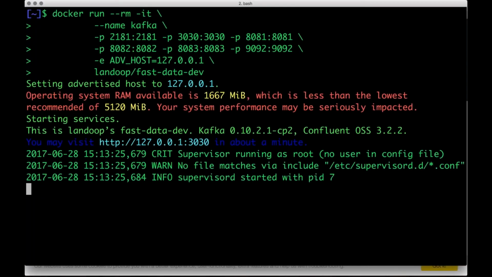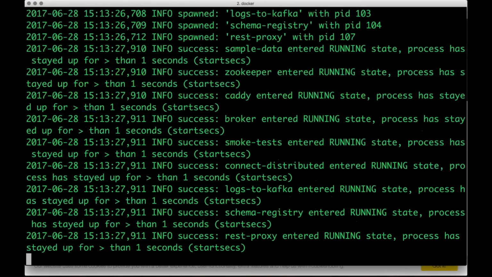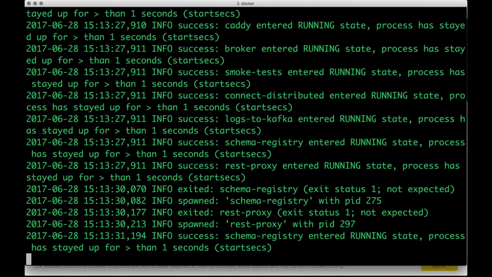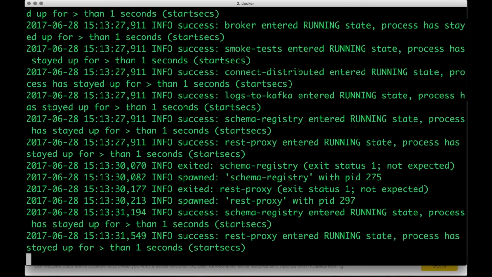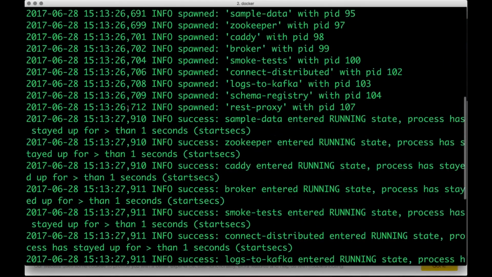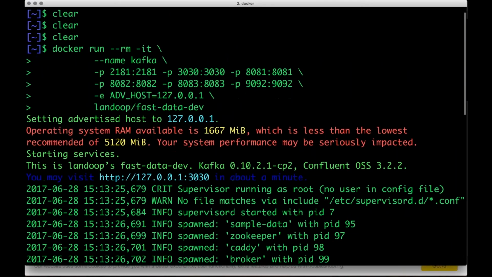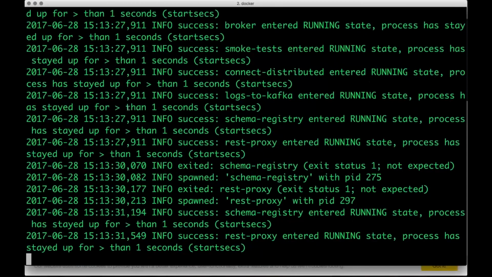Okay, so this is now starting Kafka. To save time, I have already pulled the image. So what you actually see on the screen is launching Kafka. It is already in the running mode. Now we have the broker, which is just one instance of Kafka that has started. Now we can actually go ahead and start